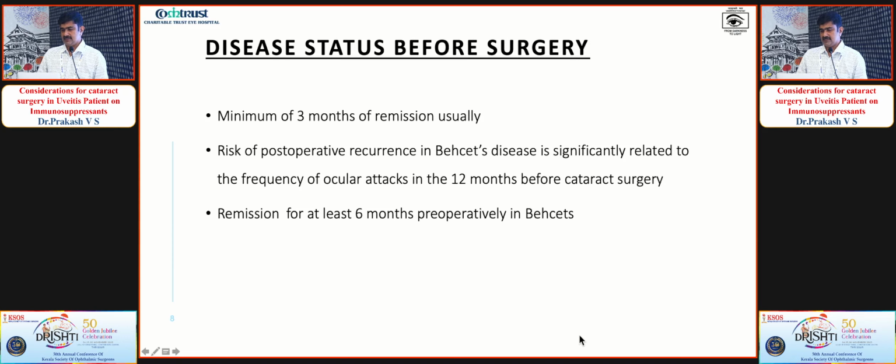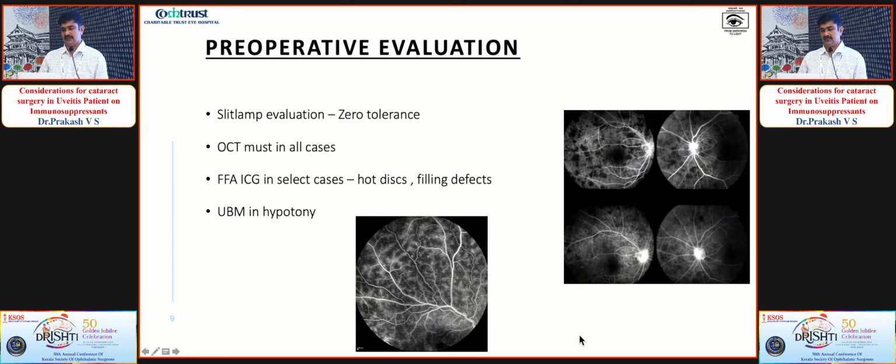So coming to the disease status, it's the most important thing before you decide on cataract surgery. It can completely change the outcome of cataract surgery in uveitic patients on immunosuppressive. So ideally you require 3 months of remission before doing cataract surgery, but this is not true in case of Behçet's disease alone, because post-operative recurrence in Behçet's is significantly related to the frequency of ocular attacks in the 12 months before cataract surgery. So ideally 12 months or at least 6 months remission is required when you are planning cataract surgery in a